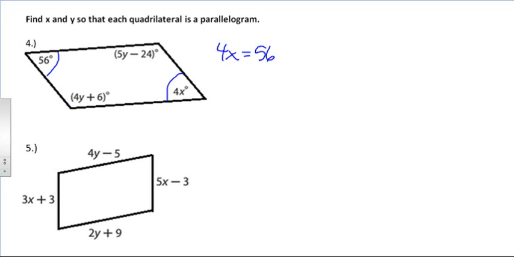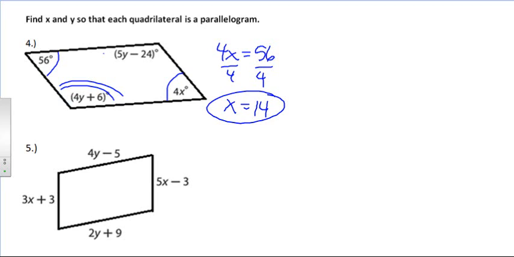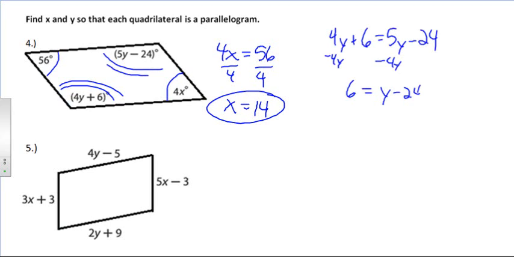When I solve for x, I get x is 14. Now I can do the same thing with y. Again, opposite angles need to be congruent to each other. So the 4y plus 6 has to equal the 5y minus 24. To solve for y, I can subtract 4y from both sides, add the 24 to both sides, to get y